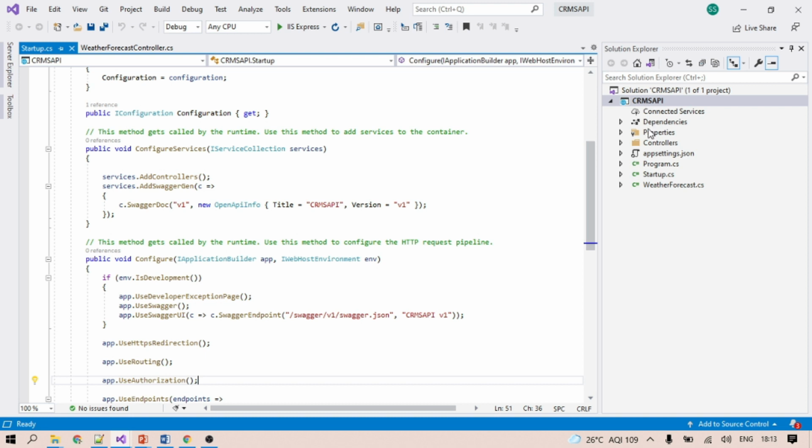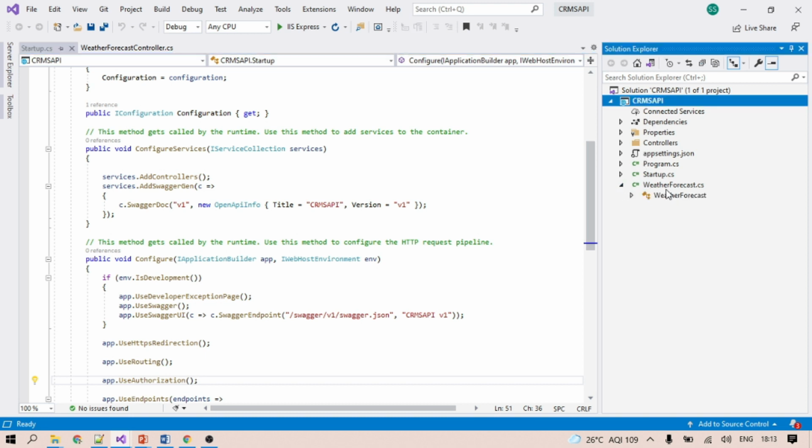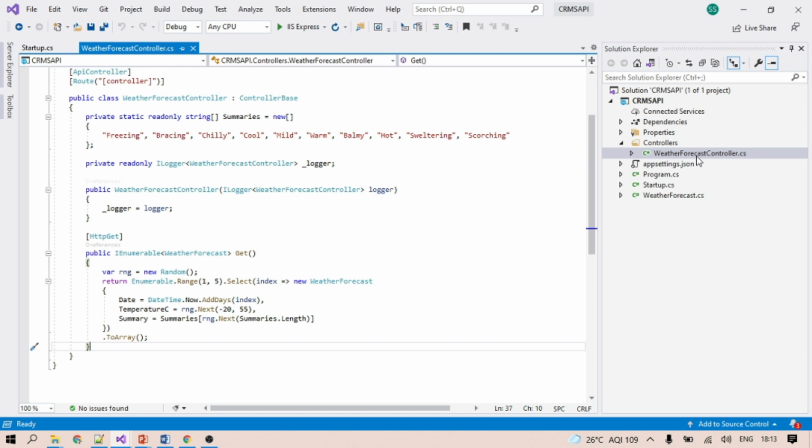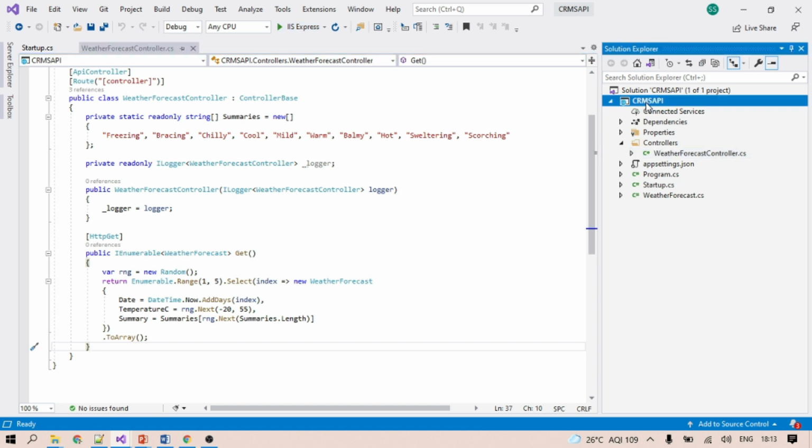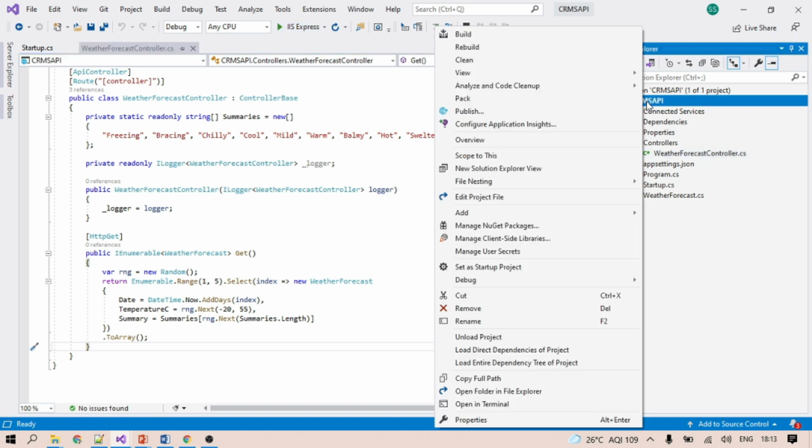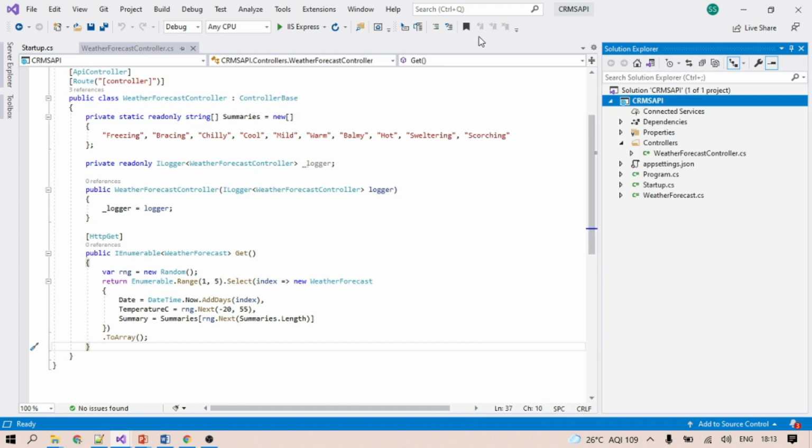This is the solution we created in the last video. Here is the weather forecast, and you can see the WeatherForecast controller is already present. What we need to do is build this application first, to check whether it is building properly or not.